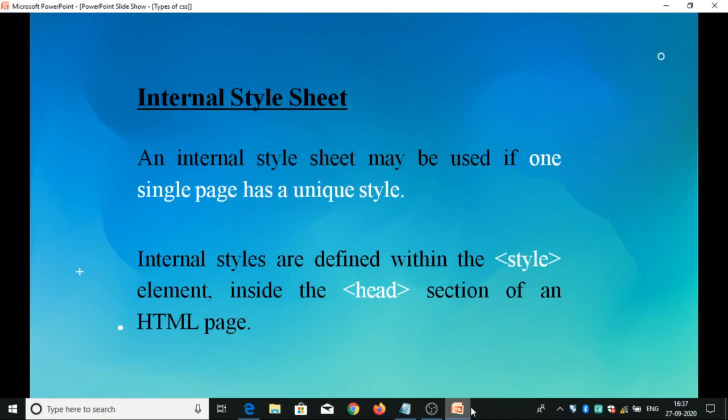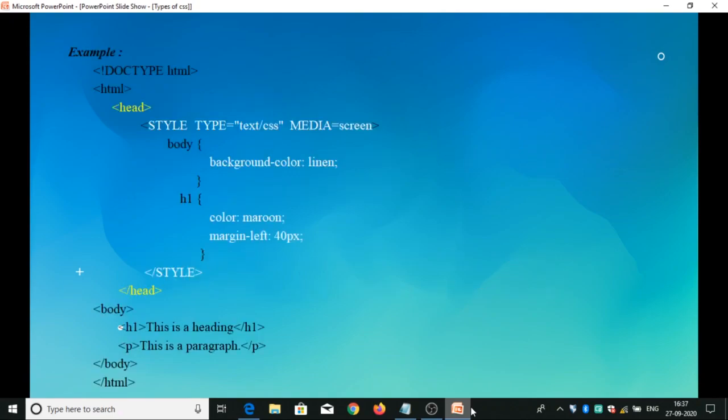With the style element, where we write this style element in the head section of an HTML page. Internal style sheets may be used in one single page as a unique style. Internal styles are defined within a style element inside the head section of an HTML page.